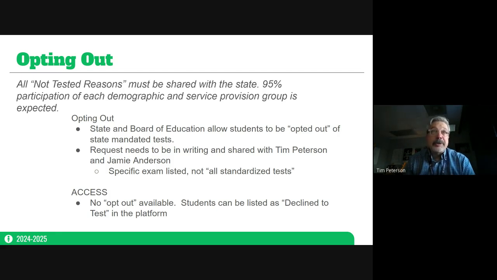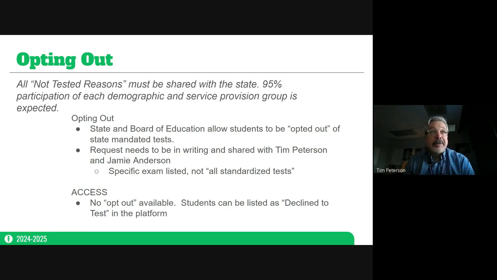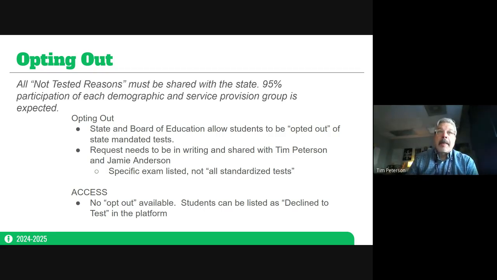So the expectation is that all students will test, that 95% is the minimum goal for groups that are being used by the federal ESSA accountability process, the demographic and service provision groups. So please keep in mind that process is available.